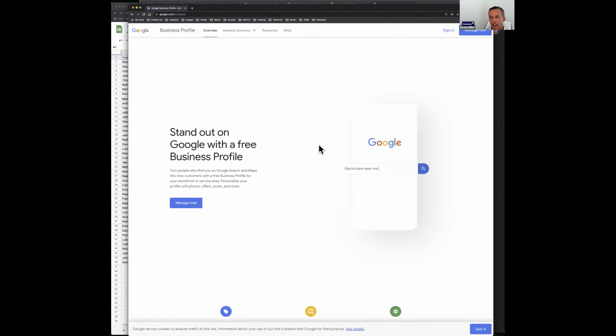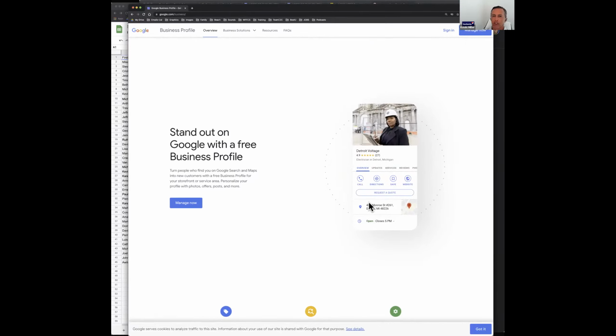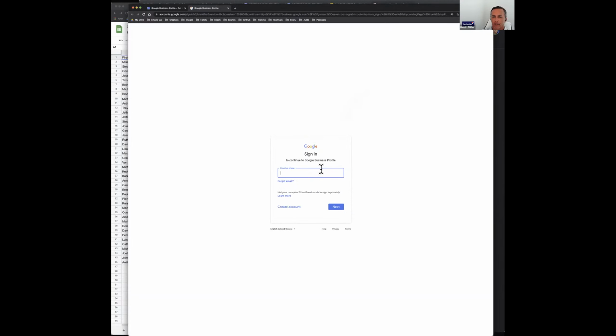Okay, so you can come in here, and it has to be attached to a Gmail account. It could be any Gmail account. It doesn't have to be your business Gmail. I've got a couple different accounts in here. Let me go to one that I already have. Let's do,